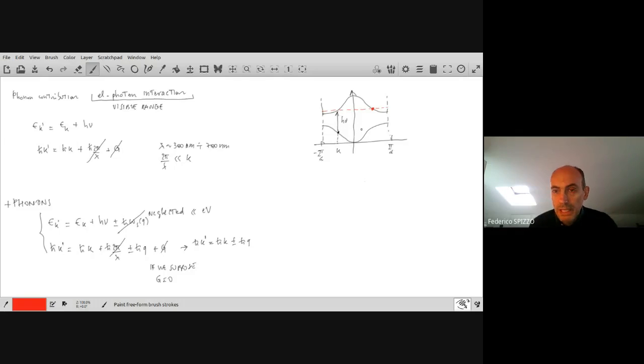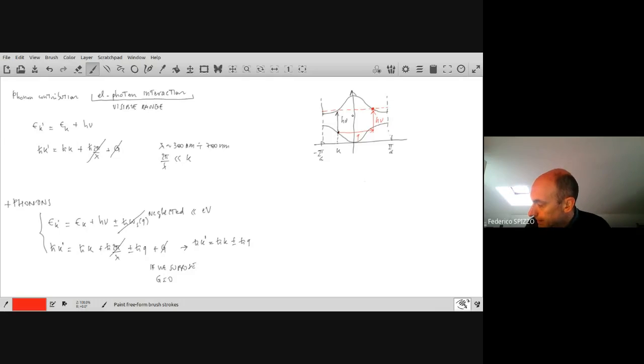So due to that, we need an additional change also in the horizontal direction to access this final point. So the horizontal contribution can be given by the phonon, and the vertical contribution, again, is given by the photon. So in this configuration, we have that the final state of the system can be also accessed,